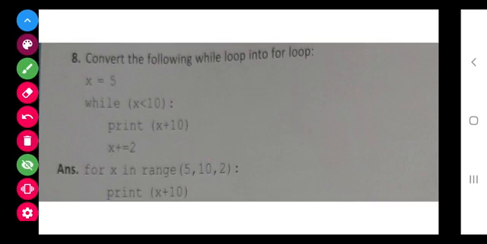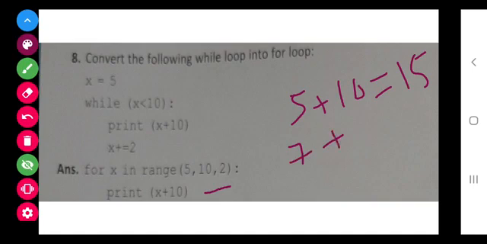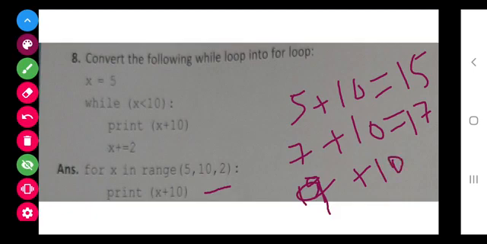Now talking about what will happen in this, first of all in the print statement it will go as x is equals to 5, that is 5 plus 10, that's equals to 15. For the next time, 2 increment, that's 7 plus 10 equals to 17, and for the next time 9 plus 10, that is equals to 19 will get displayed.